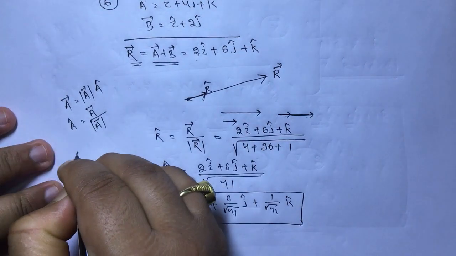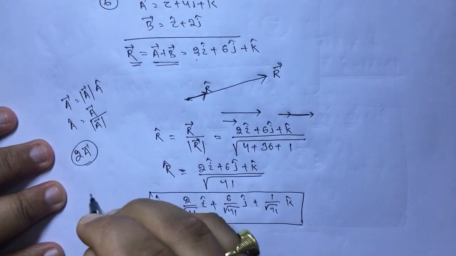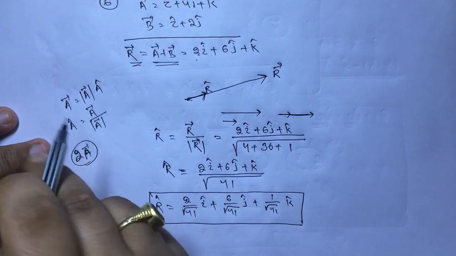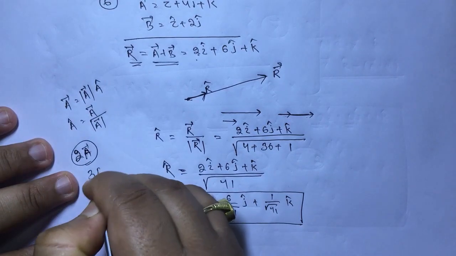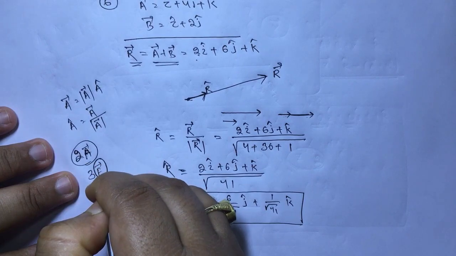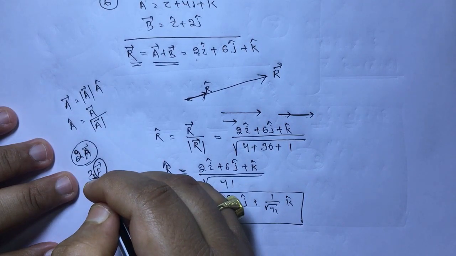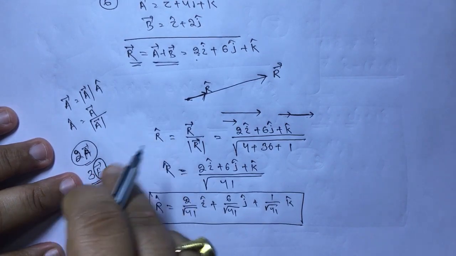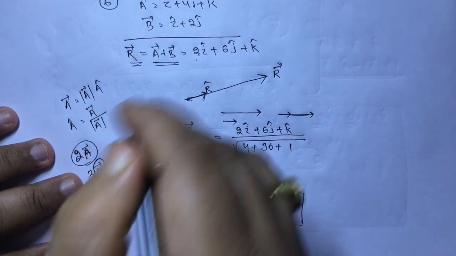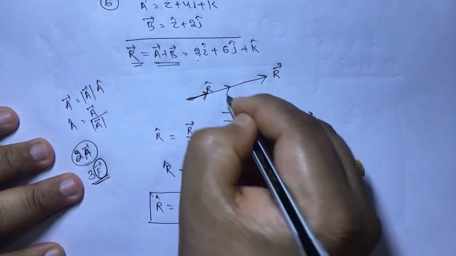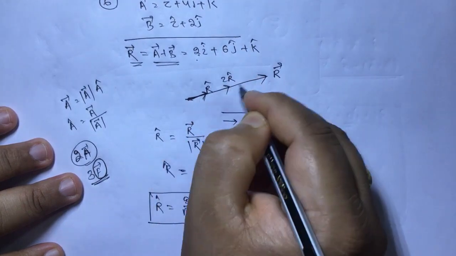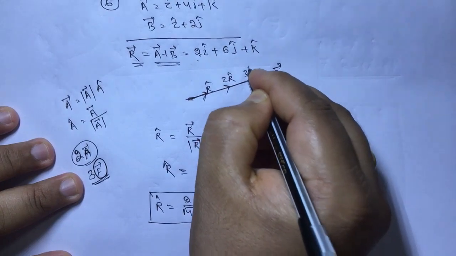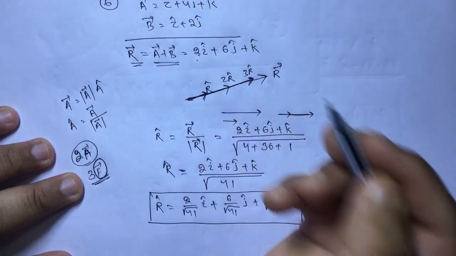As we know, if you multiply a scalar with a vector, or a number with a vector, only the magnitude will be 2 times. If I am writing 3F vector, and F vector has a magnitude of 5 Newton, then 3F vector will have a magnitude of 15 Newton. The direction is not going to change. F vector direction and 3F vector direction are the same. Similarly, r cap direction and 2r cap direction will both be in the same direction, only the magnitude will be different. Similarly, 3r cap is also in the same direction.